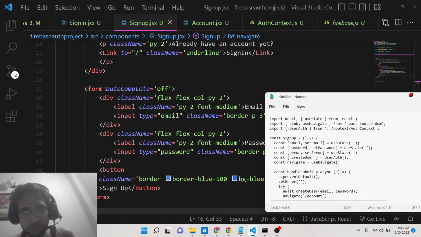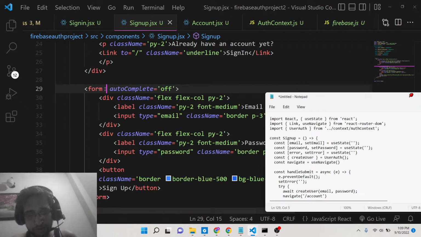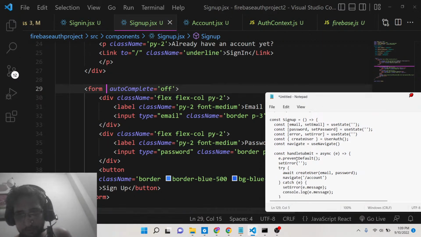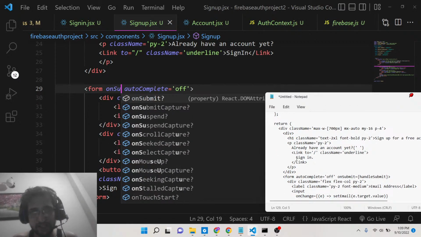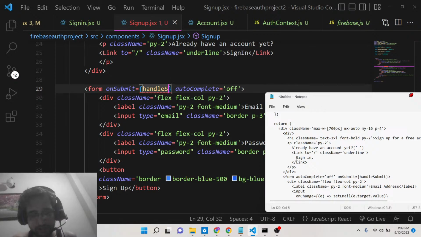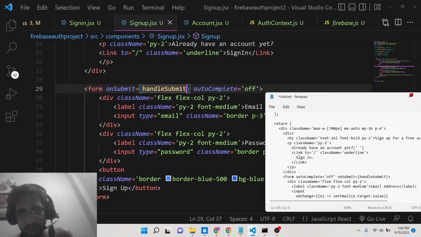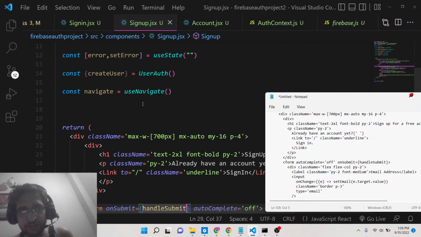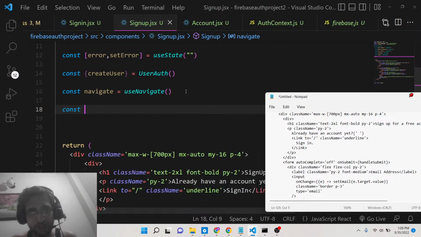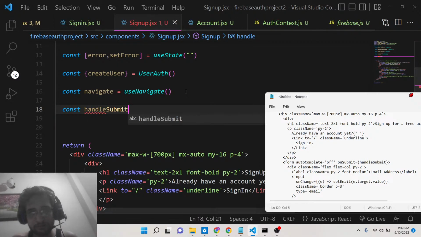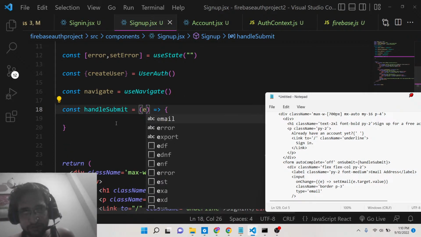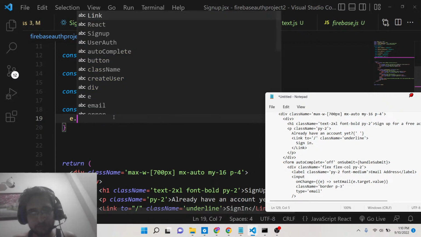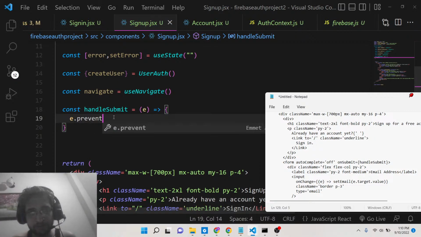So basically here you need to attach an on submit. So whenever the form submits, we need to attach this on submit event handler. So here we will execute this function which is handle submit, and here we need to define this function here which is handle submit. This will be an arrow function. This will have this e parameter, guys. So first of all we need to say e.preventDefault to prevent the auto submission of the form,